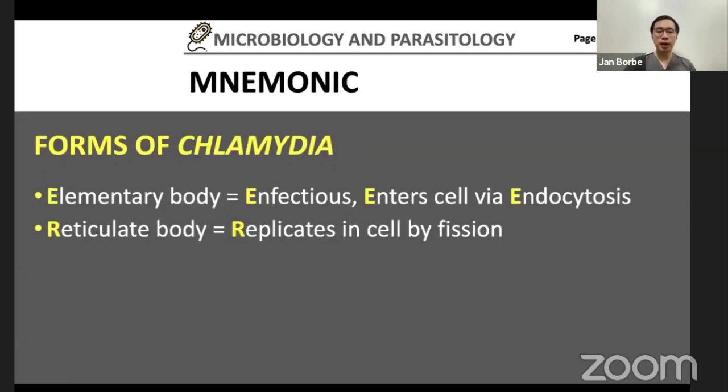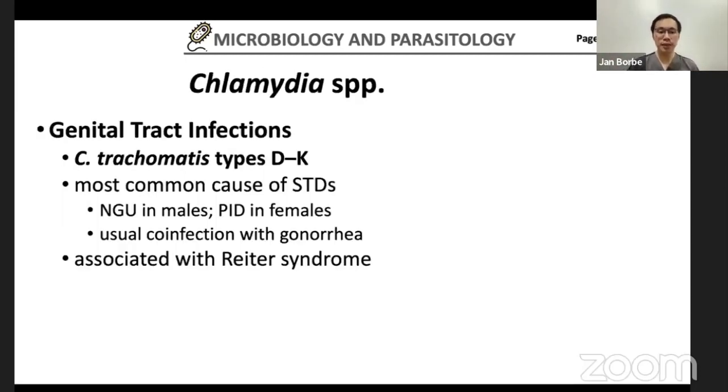Yung chlamydia natin would have two bodies, the elementary body and the reticulate body. Puro letter E, infectious, enters the cell via endocytosis, and extracellular. Okay? Reticulate body replicates, no? And this is important in terms of the reproduction nila. Okay? So, si chlamydia,